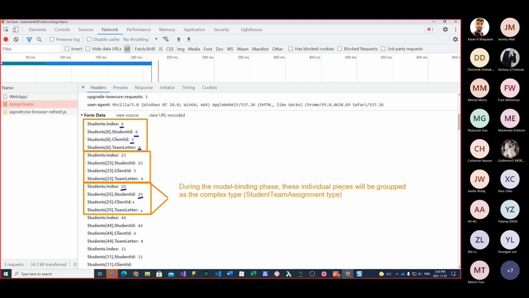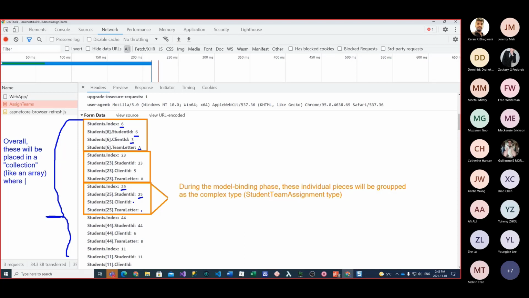And then also overall, these will be placed in a collection. You can almost think of it as being like an array, because that's kind of how it's initially processing it, as an array,